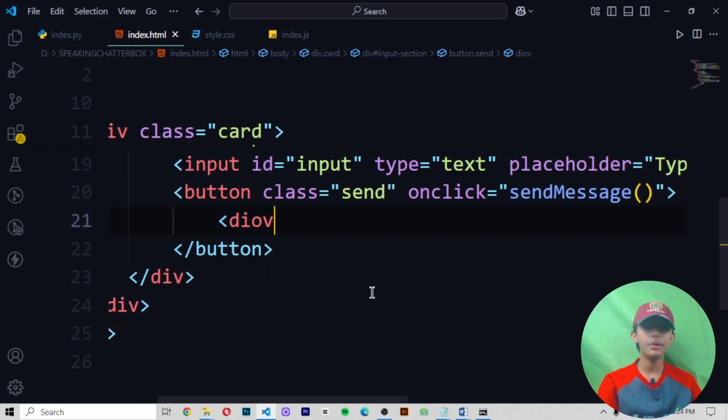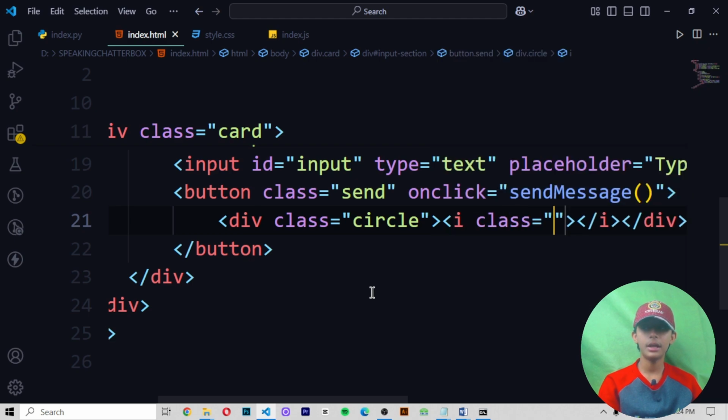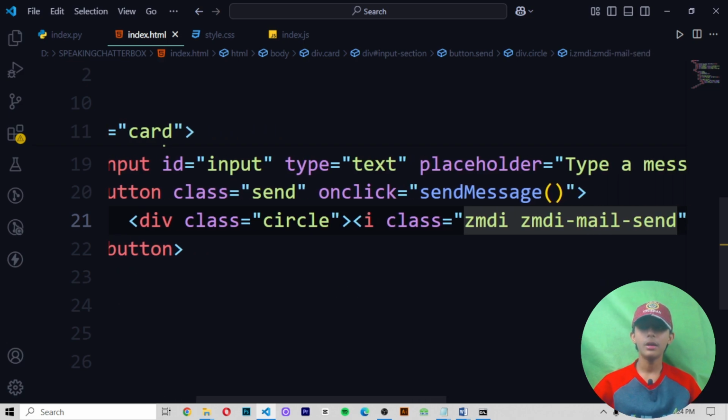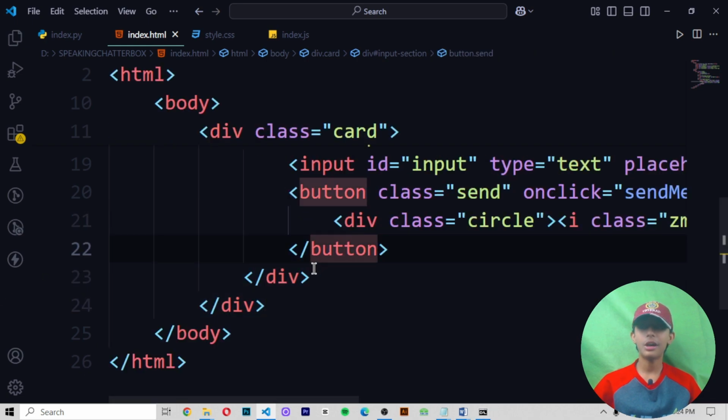Now we define a div one more time, and in it a div with class circle, and then an i with class zmdi, zmdi-mail-send. Perfect. Now we link our JavaScript file.